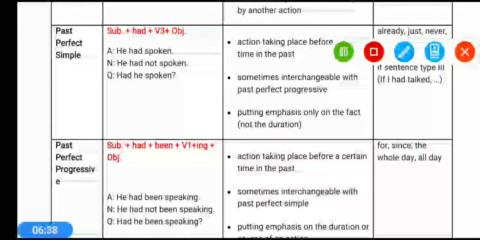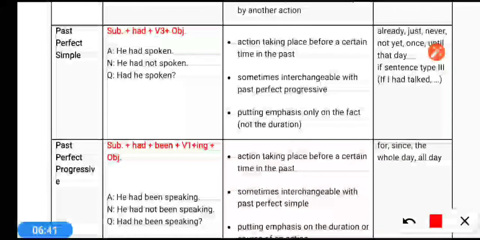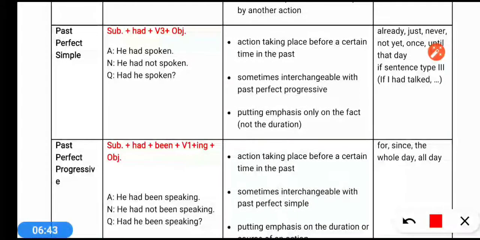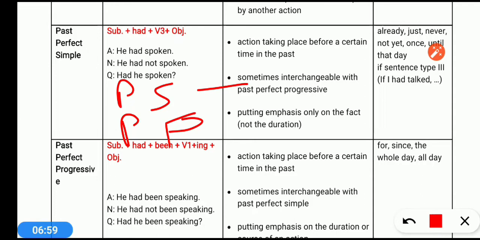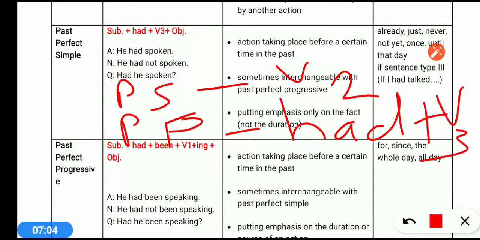Past perfect tense is hardly used in spoken English and conversation, but it is used in competitive English. It is always used in combination of past simple and past perfect. Past simple, second form, and past perfect, had plus V3. When two actions take place at the same time, for the action which completed first we use had plus V3, and for the action which completed last we use the second form.